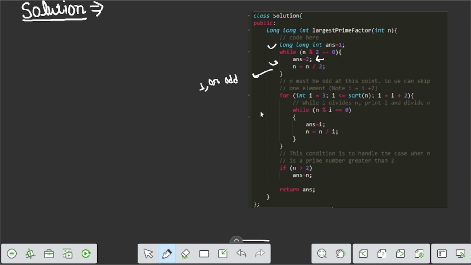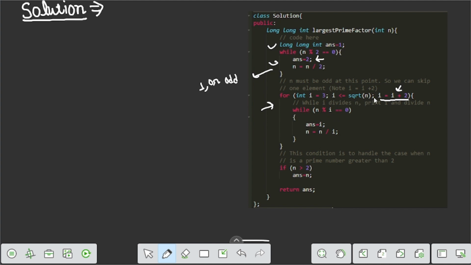After this we traverse the odd numbers. For i equals 3 to square root of n, i equals i plus 2. Here i equals i plus 2 because we go through only odd numbers, not even numbers.